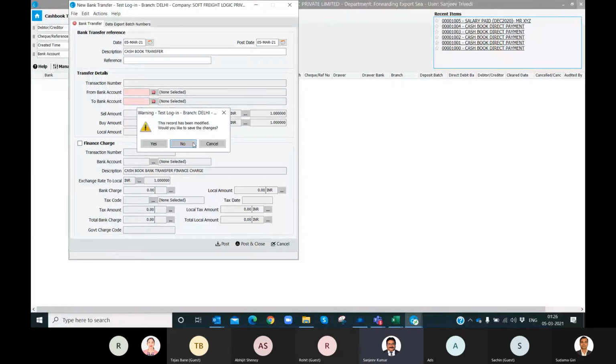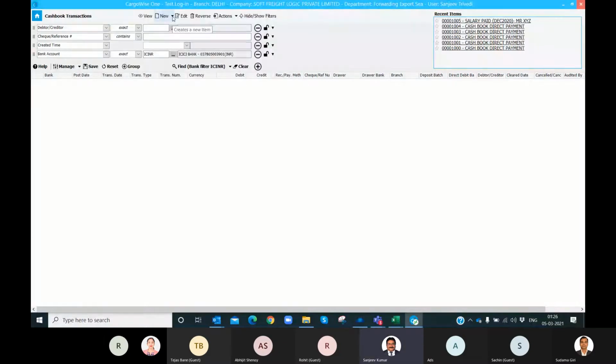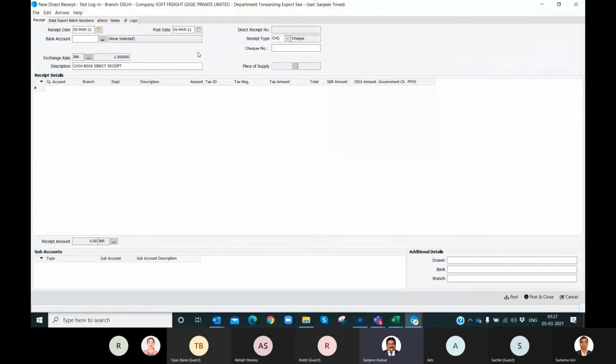Like if I go to new direct receipt, suppose to a government organization you made a certain payment, and after some time it was found that you made an extra payment and the government has sent the amount to your account, and you have to pass a receipt entry. So through new direct receipt, you can make use of the GL account against what purpose you have received this direct receipt. So that GL can be used, and the bank will be there, and it will pass that entry.